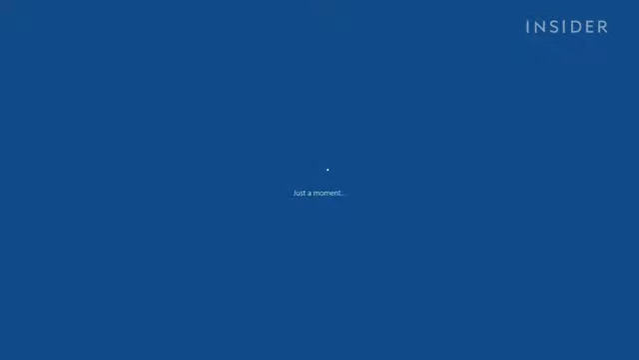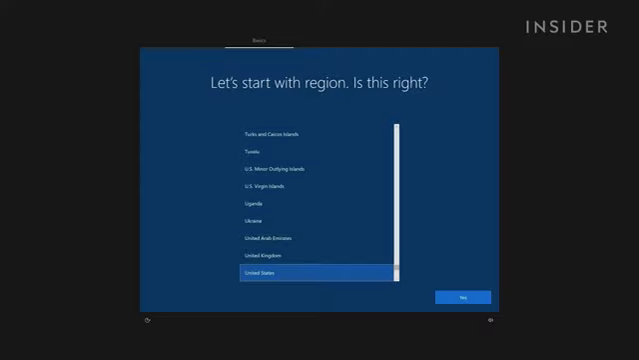Once it's finally booted up, we should land at the Windows 10 setup screen. From here, you can customize the OS to your preference,